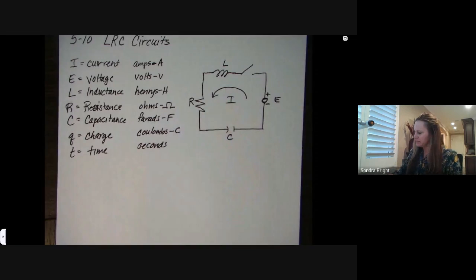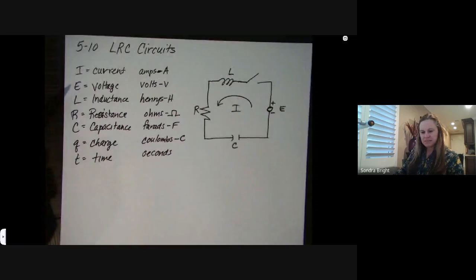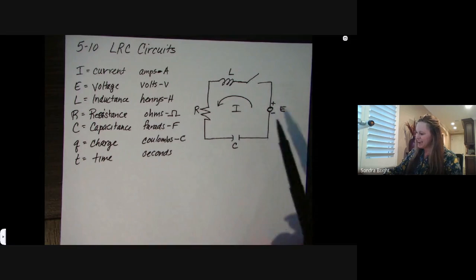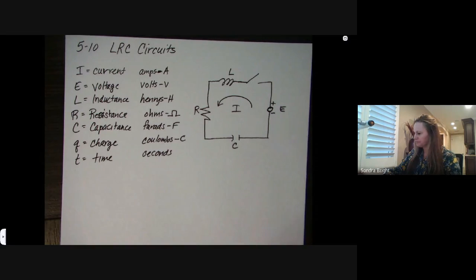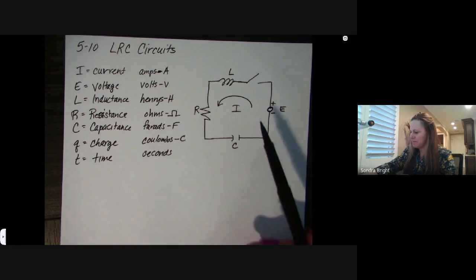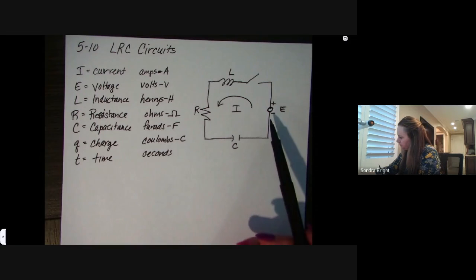Now, this is an electromotive force, E. Inductance is going to oppose any change in the existing current. R is going to oppose the flow of the current. What else? This electromotive force E is going to push the flow of particles. This is now a variable source, right? Showing it like that means it's a variable source